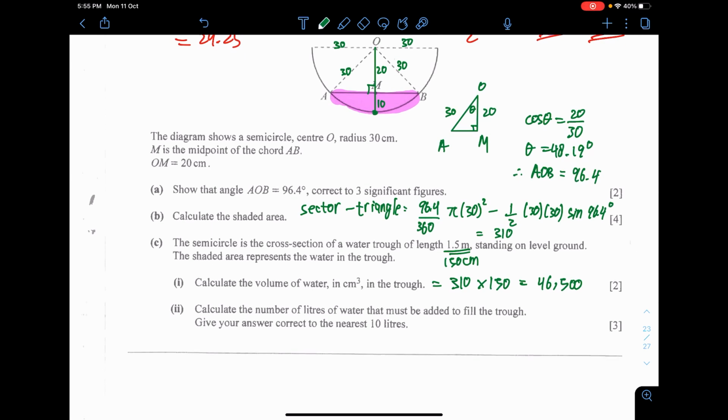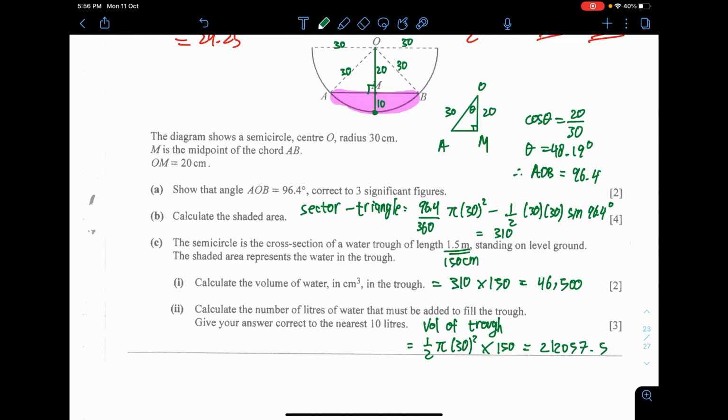But let's see. First, I need to find out the volume of the trough. I'm very bad at English. So I need to take the semicircle, half of pi r squared, multiply by 150. Let me key this first. 0.5 times pi times 30 squared times 150. You got 212,057.5. That's the volume.